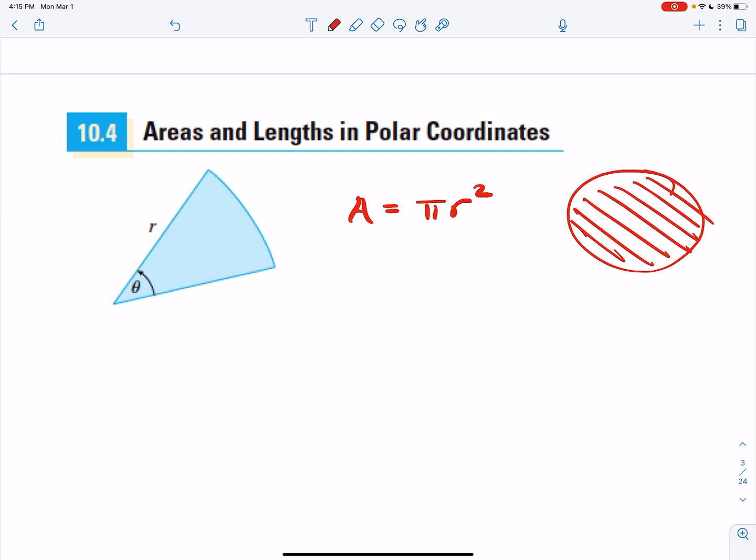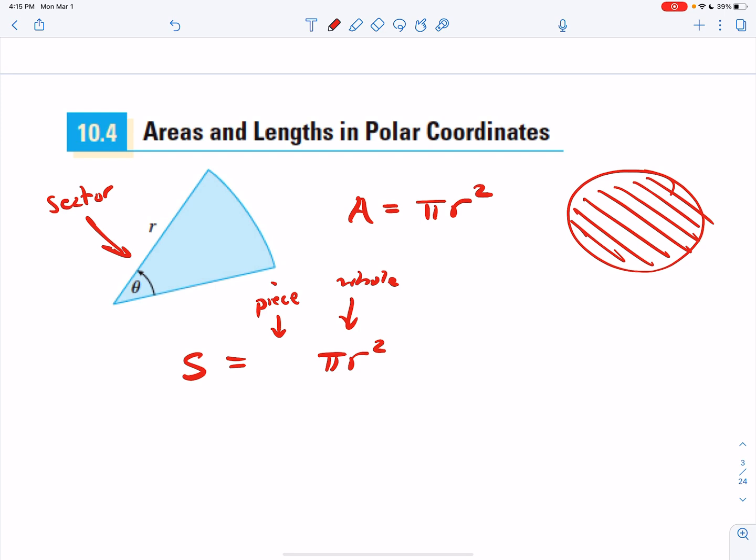Now, if you wanted a pizza slice or a sector, you only want a piece of the pie. Okay? So what's happening here is I'll use S for sector. Pi r squared represents the whole. Okay? But if you only want a piece of it,